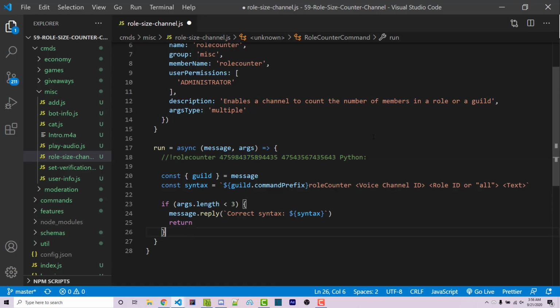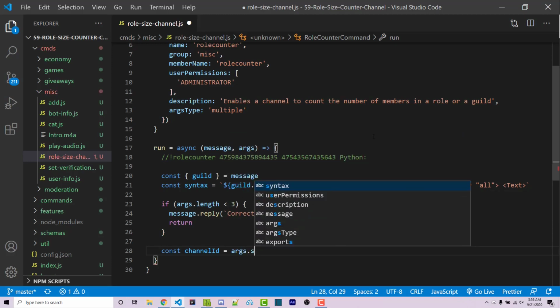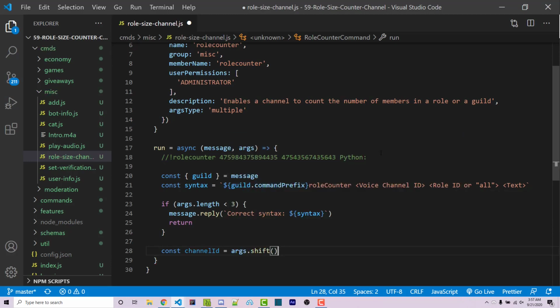This is going to be our channel ID. So I could say const channelID = args.shift(). Every array has this method. .shift is going to remove the first element. In this case, it's going to be our channel ID, and it's going to return that into whatever variable we're